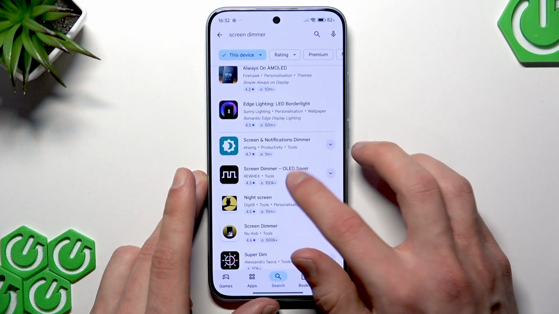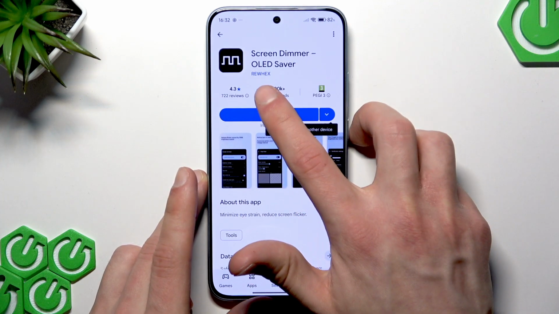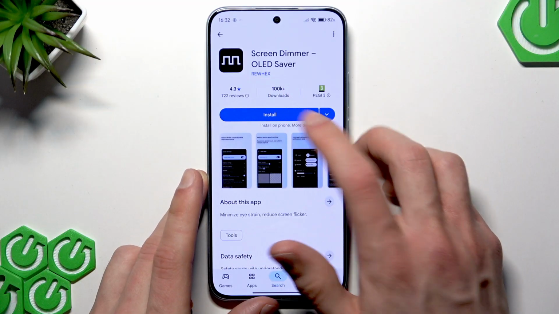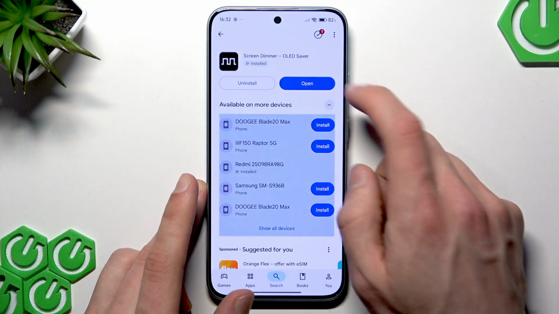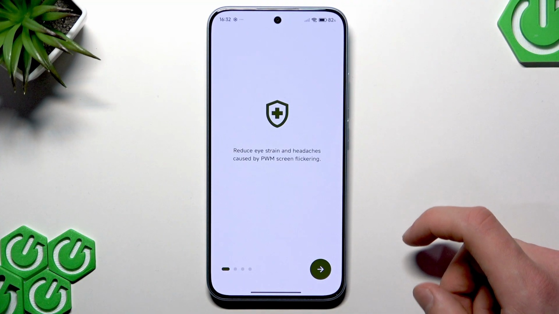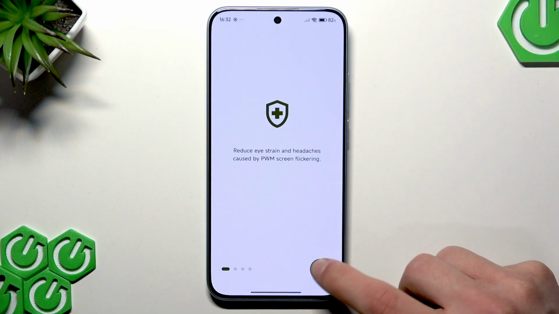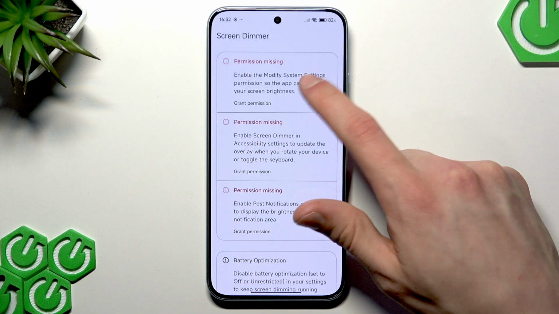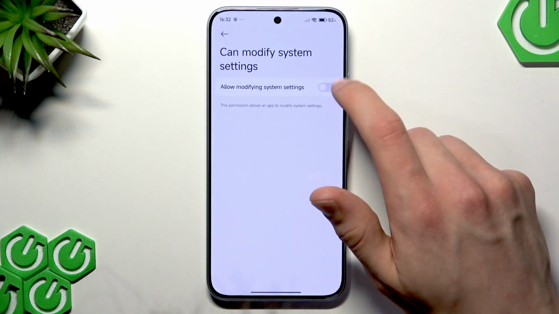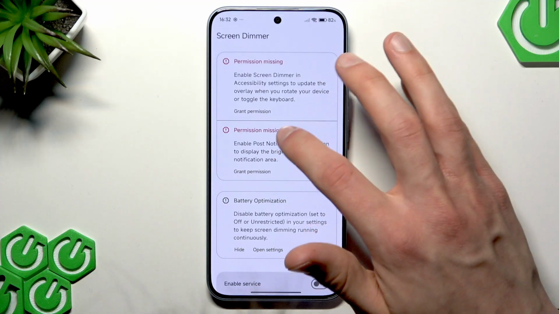Find Screen Dimmer by this developer, tap Install, and let this application install on your phone. Then open it and give it all the permissions that it asks you for. Go further, and now we're gonna have to grant this app the permissions to modify system settings,